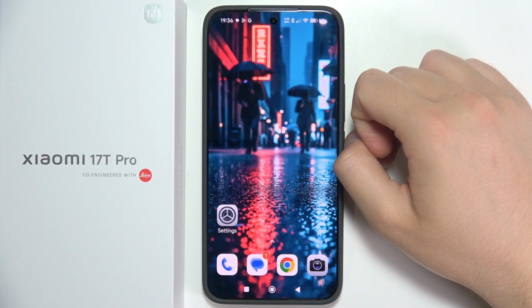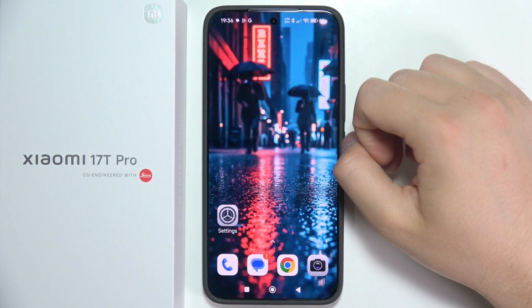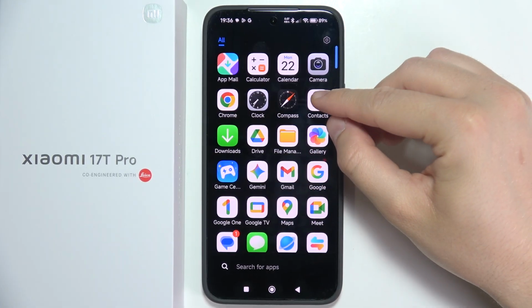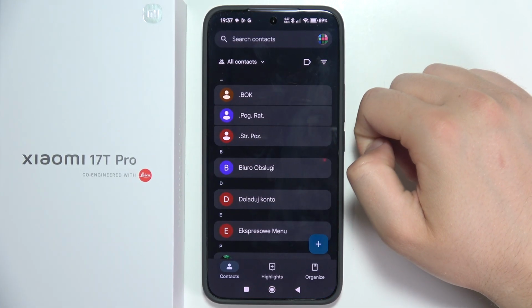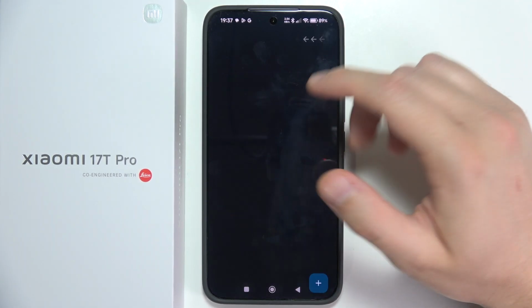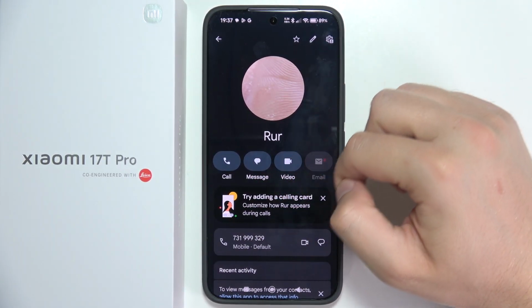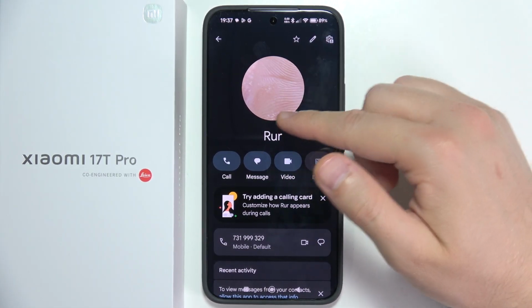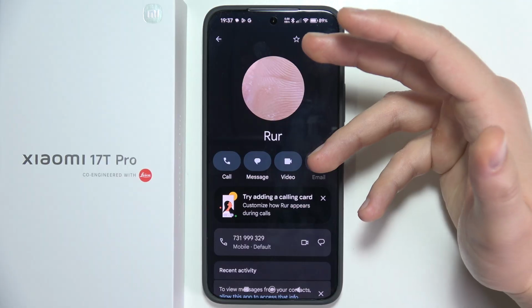To make video calls in the Xiaomi 17T Pro, you can do this, for example, by using Google Meet. This is the default application that is available when you open Contacts. And how it actually works, well, you have to go for the contact that you want to make this call. And when the video button is available, it means that the receiver, this specific contact, gets support for Google